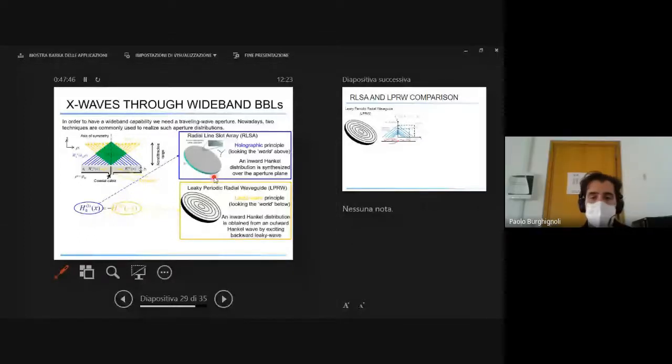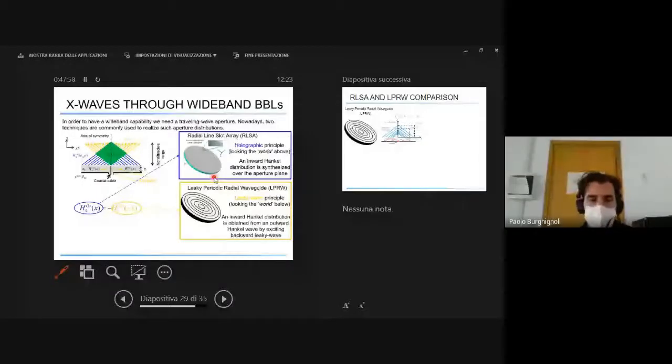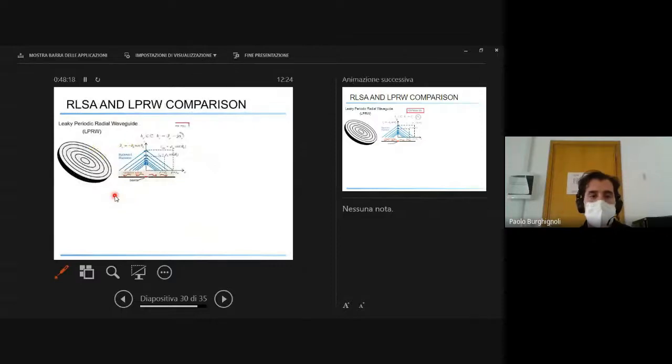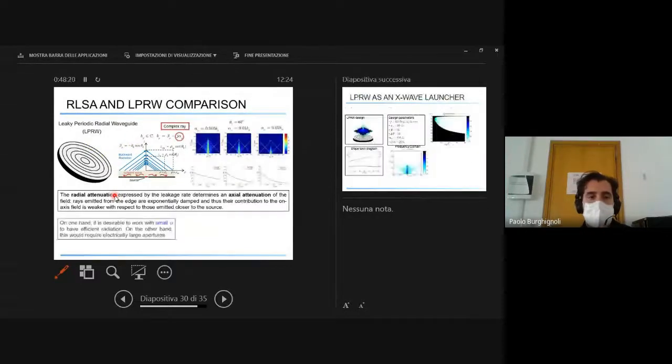I don't have time to give much detail. The other is to have a backward wave by exciting an aperture with a simple source that excites an outward angle wave, but this can be done by means of the leaky wave interpretation of radiation from the structure. So basically you have these two ways to generate X waves with traveling wave aperture distribution, and I can skip this